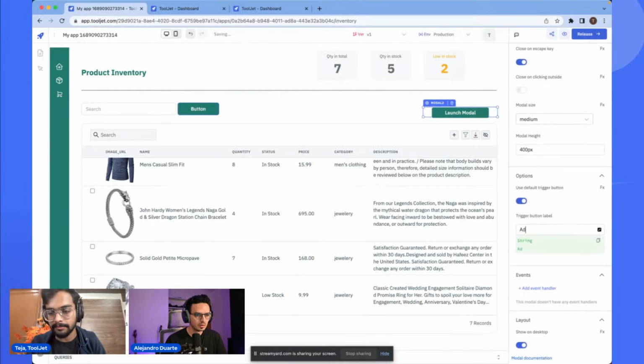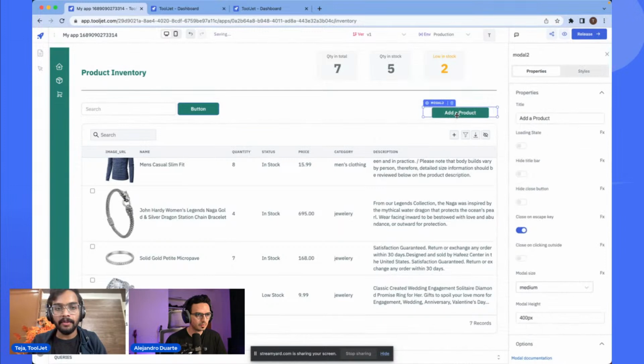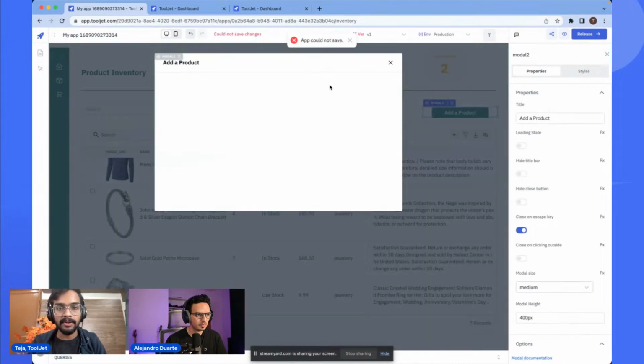There you go. So the moment you click on that, it brings up a modal